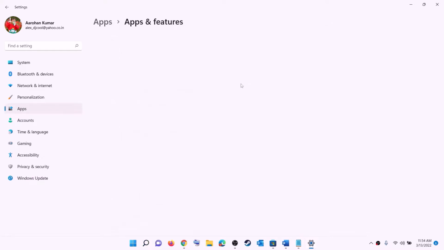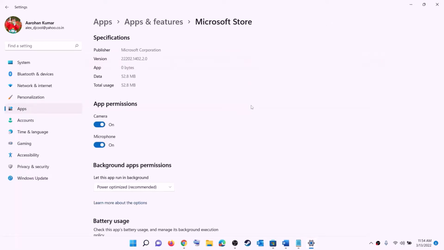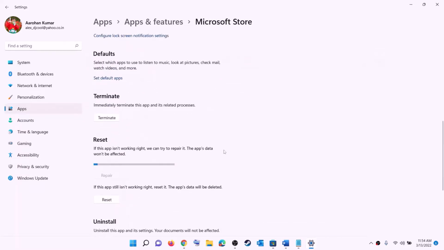And this will again open Windows settings. Again, scroll down and click on repair, and after the repair, try to install the game. But if you're still unable to install it, then perform reset. So click on reset, and after the reset, open Xbox app or Microsoft Store and then try to install